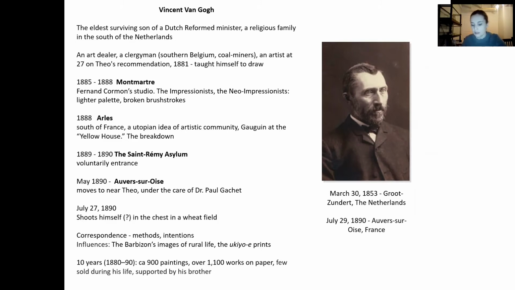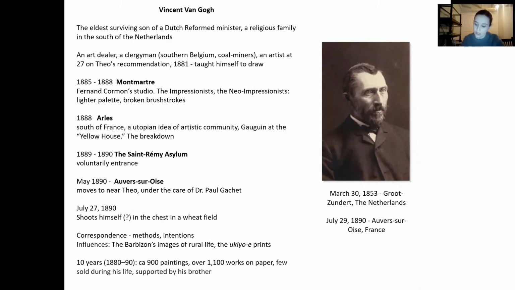Then he doesn't move too far away, but he moves closer to Theo and lives there under the care of Dr. Gachet. And most likely he shoots himself, but there is now a book saying that he's been murdered. There is no evidence to prove it. But in 1890, they find him in a wheat field, and he says he shot himself, and he dies some days after. We know a lot about Vincent's methods and about his thoughts because he kept up this very intense correspondence